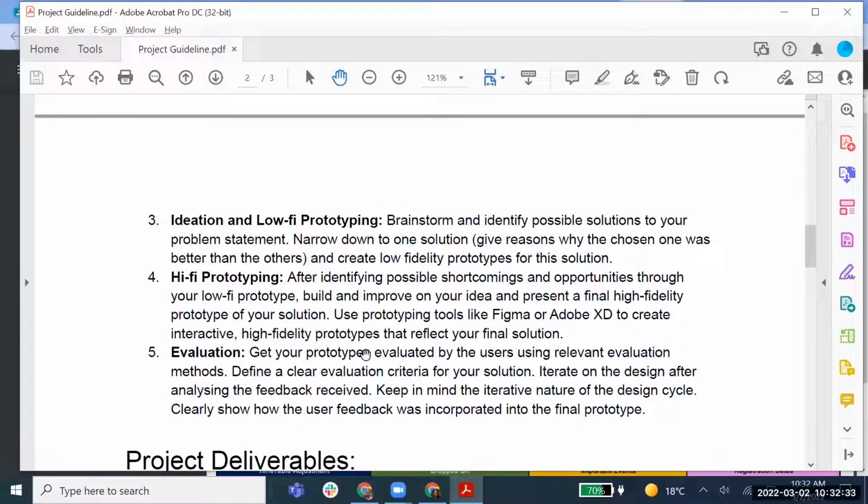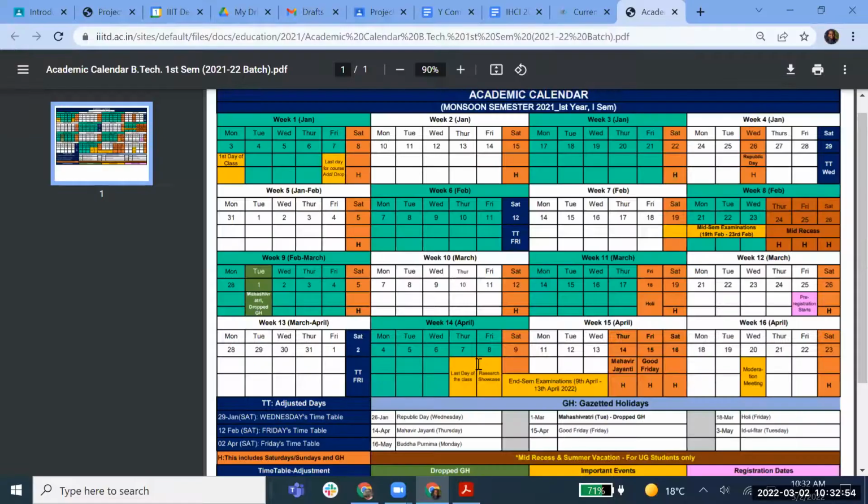The details are already mentioned here: what we are expecting in the ideation and low-fi prototyping, in the high-fi prototyping, and in the evaluation. You can complete that by 31st of March, and you'll get another additional week, say, with your in-term examination starting from